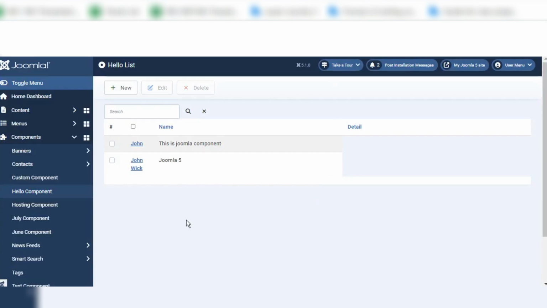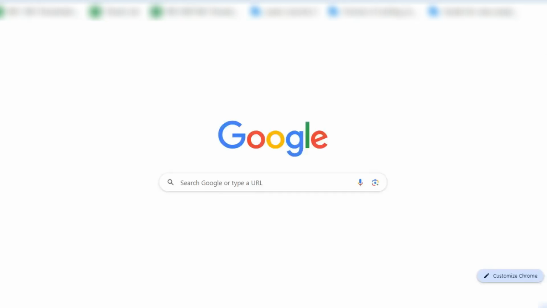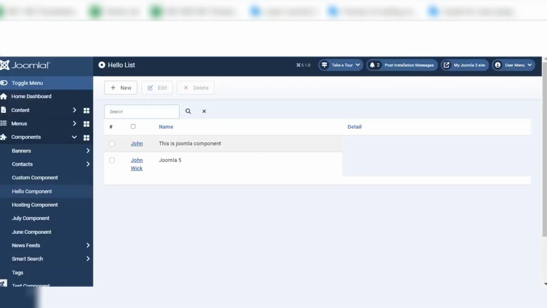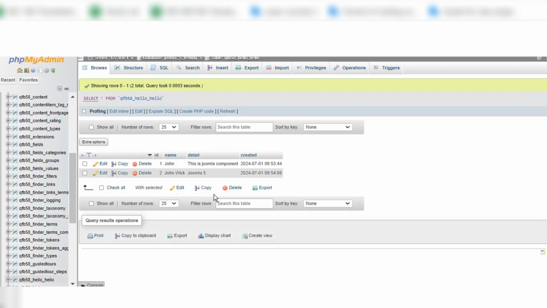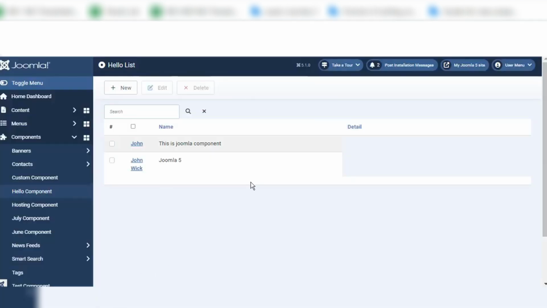Now you can see the data showing from the database. We have two datas in the database. Let's try to look at that. Let's look at our database. Here you can see there are only two data. So now we have successfully shown the data from the